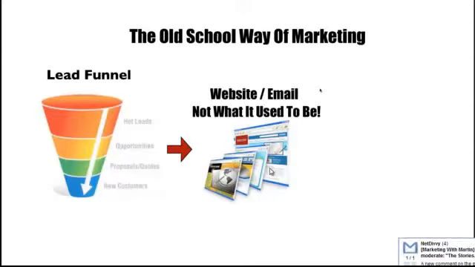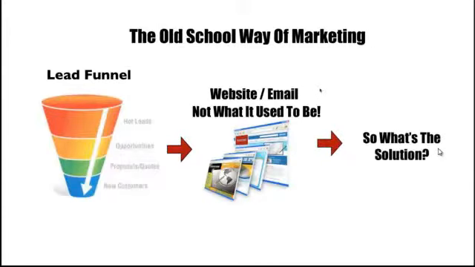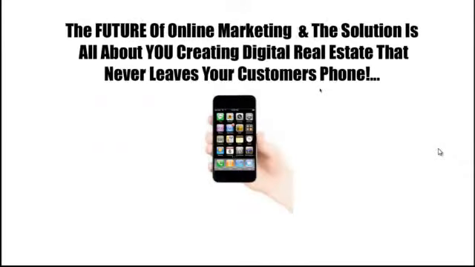The deliverability rates aren't the same. People aren't buying from email like they used to. They're getting tons of spam, and everyone is simply doing the exact same strategy. So the question is, what is the actual solution? How do we solve this problem in the marketplace?